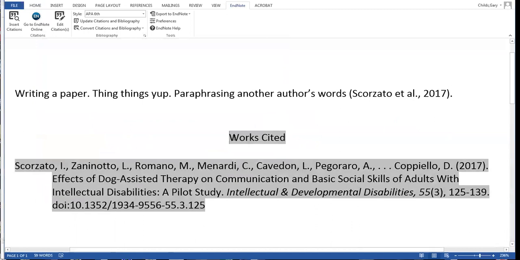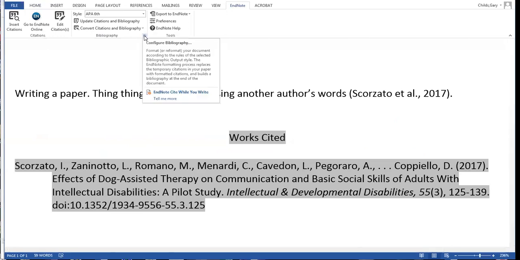Now, this is where we get into some fun stuff. You might see that the term works cited is here, right? Like, I don't want that. I want to alter it. Maybe you want to make sure that your items are double spaced. Sure. You can do that via the bibliography tool that's here within EndNote. And you should see the language configure bibliography. Admittedly, this does look a bit different on a Mac. You're not going to see the same icons that I have here in Windows, but you should see the phrase configure bibliography. And when you click into that,